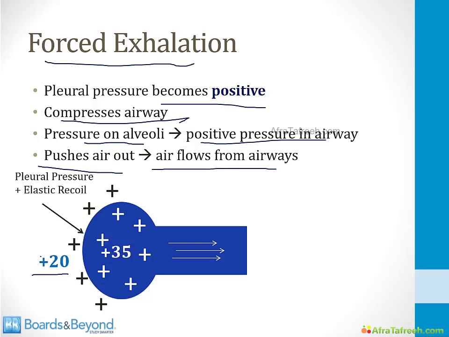The reason it's higher is because not only do you have the plus 20 of the pleural pressure, but remember the lungs want to collapse in on themselves. That's called elastic recoil. So that pressure is added additionally, and therefore you get a very high pressure in the alveolus, like plus 35. And remember that atmospheric pressure is 0, so now you have a very large gradient of 35 millimeters of mercury driving airflow out of the lungs, and that's why you're going to get a vigorous forced